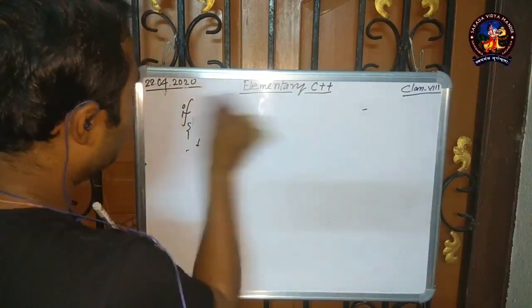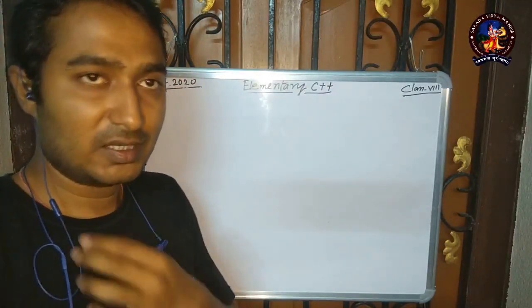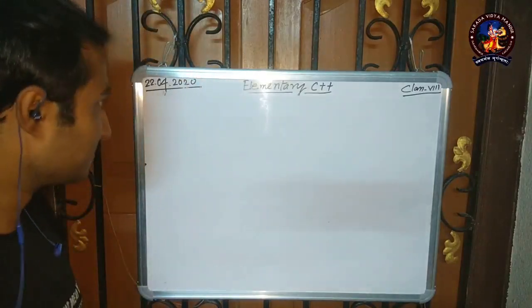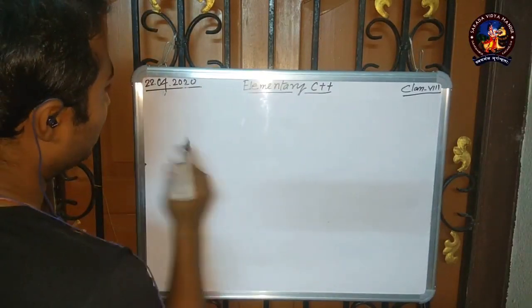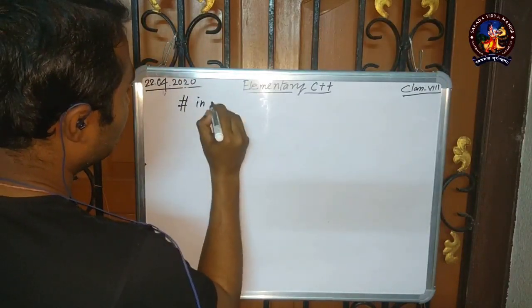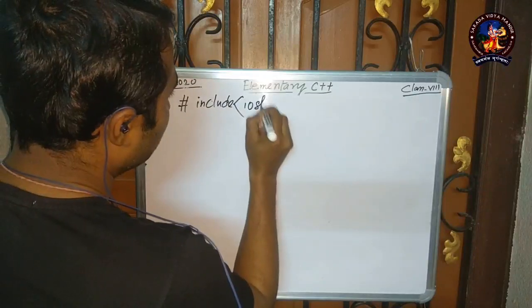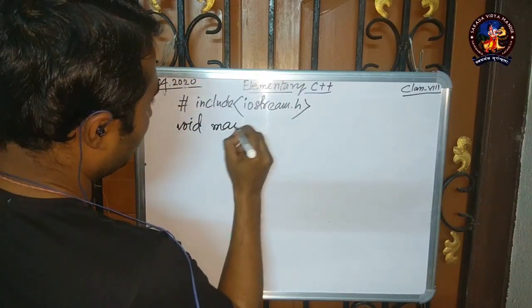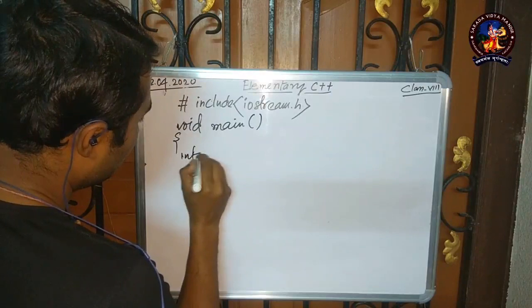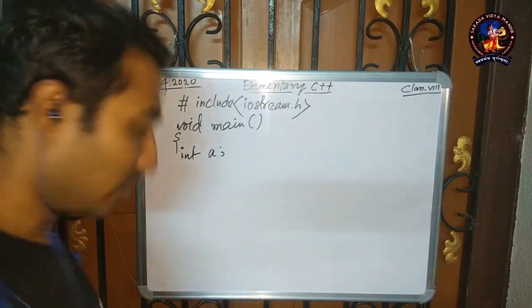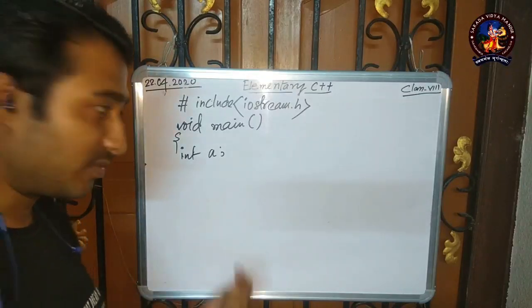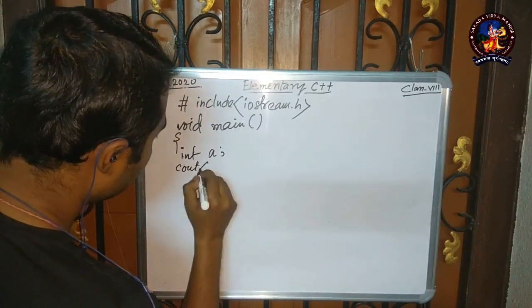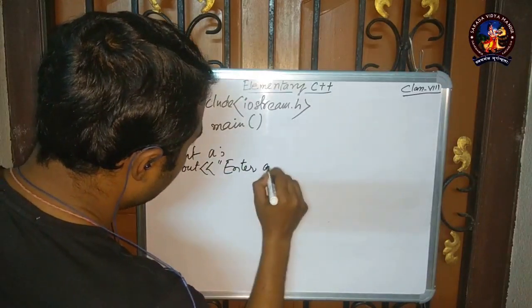So let's give some example. Let's take one of the easiest examples of if else statement, that is finding a number even or odd. Okay, so first of all, iostream.h, void main, int a. We are not taking the number here, we will take the number from the user. So then cout, enter a number,